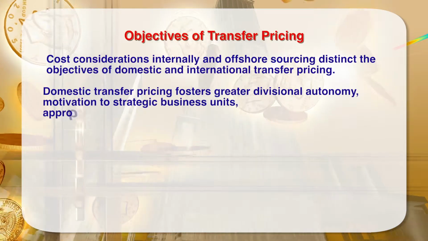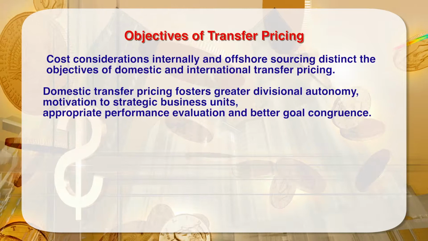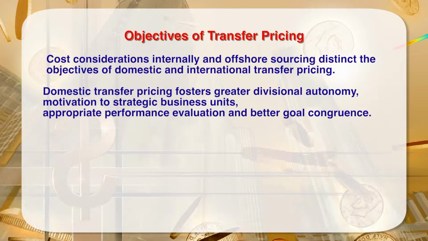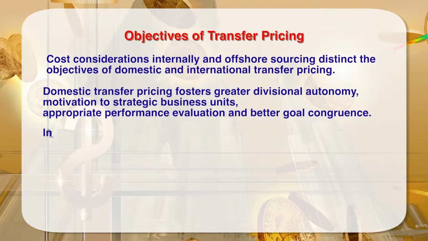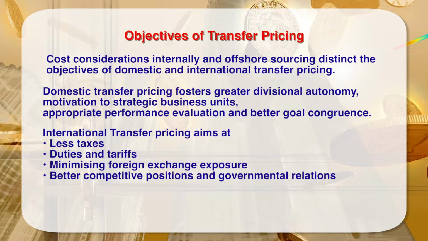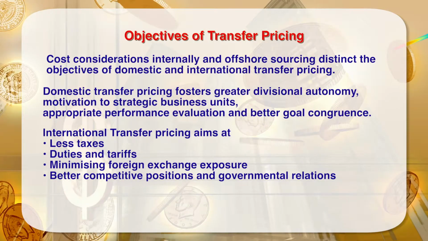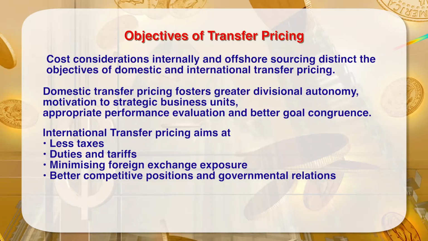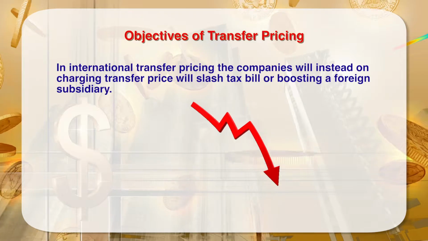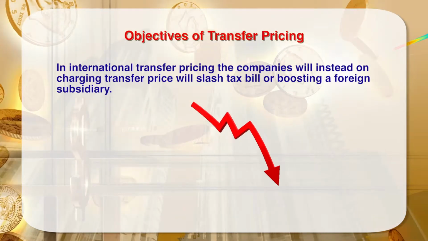Domestic transfer pricing fosters greater divisional autonomy, motivation to strategic business units, appropriate performance evaluation, and better goal congruence. International transfer pricing aims at less taxes, duties and tariffs, minimizing foreign exchange exposure, better competitive positions, and governmental relations. In international transfer pricing, the companies will, instead of charging transfer price, slash tax bill or boost a foreign